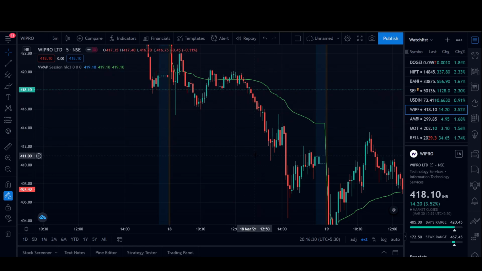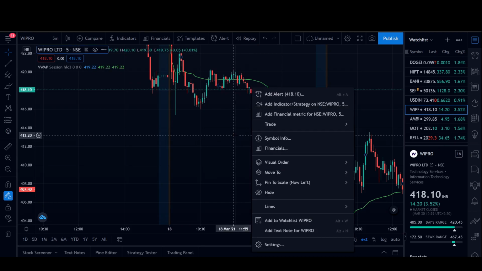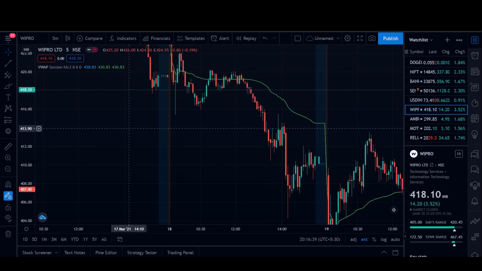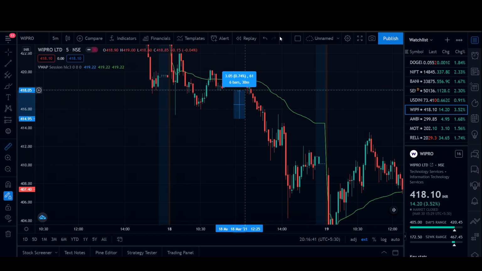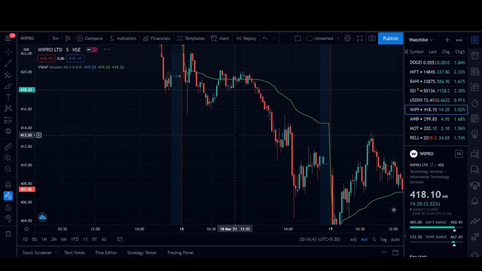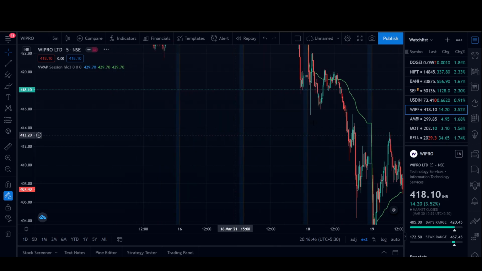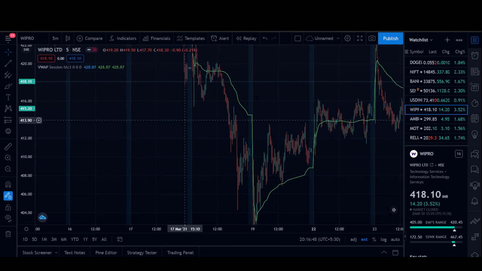As we can see here, it broke down and stayed somewhere here. We would have probably entered somewhere here because of a complete confirmation, and it stayed here for 5, 10, 15 minutes. We would have caught this downtrend. We would have shorted the stock and made a good intraday gain. So VWAP is a good indicator. Again, as I say in all my videos, I want you guys to go and back test this VWAP strategy.